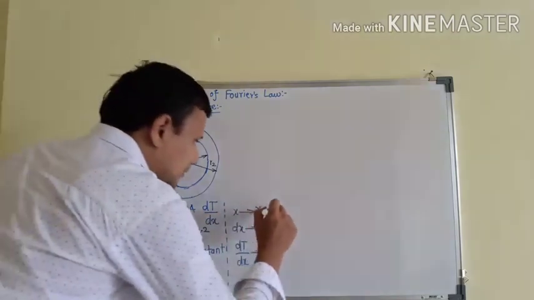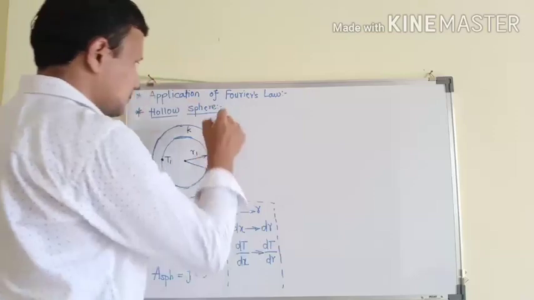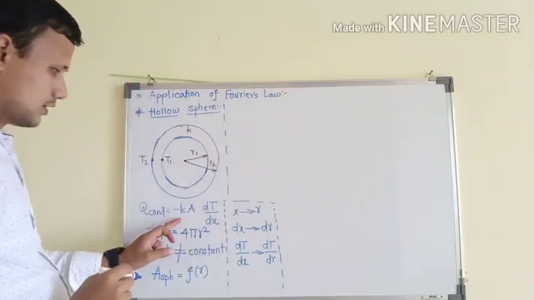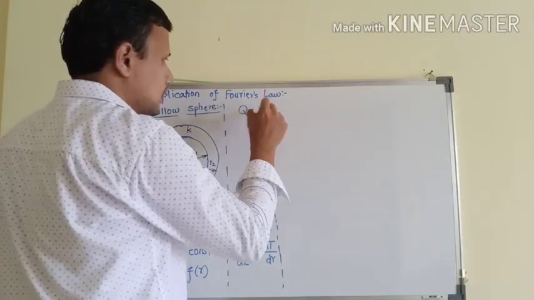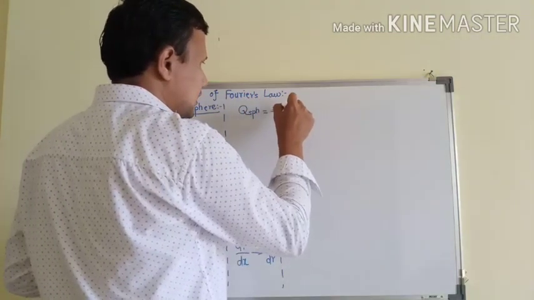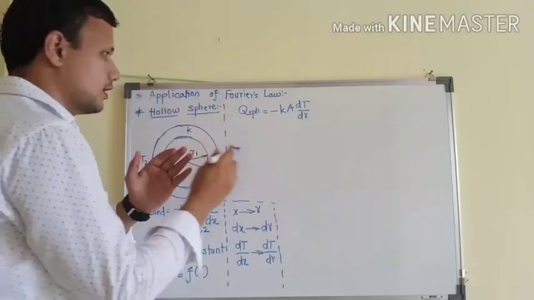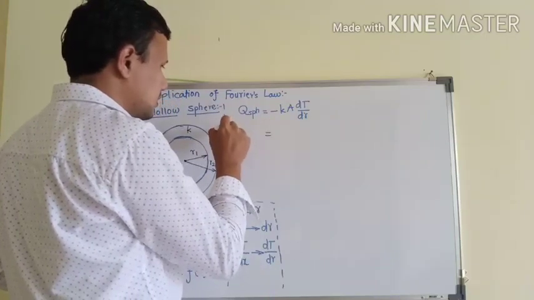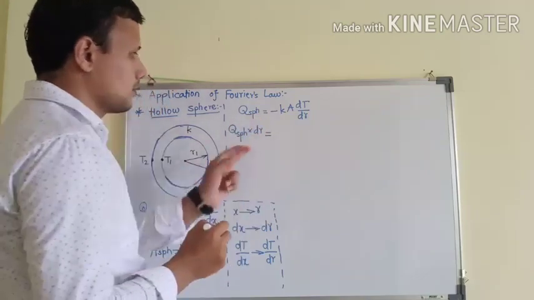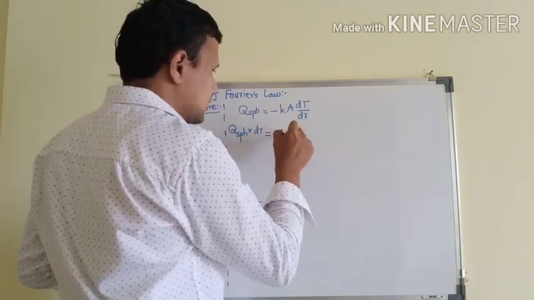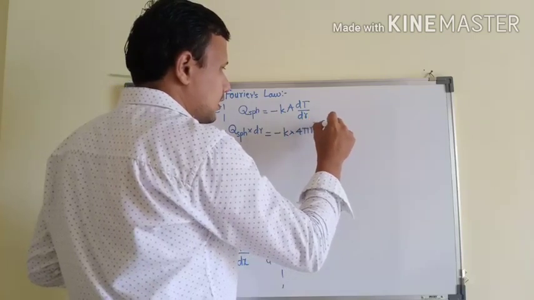So now we have developed all the physical understanding. We can now convert it into mathematics. So let us proceed. We have our general equation. It will now be transformed as the equation for a sphere: q equals minus kA dT by dr. We will rearrange the terms properly so that we get heat transfer from the sphere multiplied by dr equal to minus k, area is 4 pi r square, multiplied by dT.